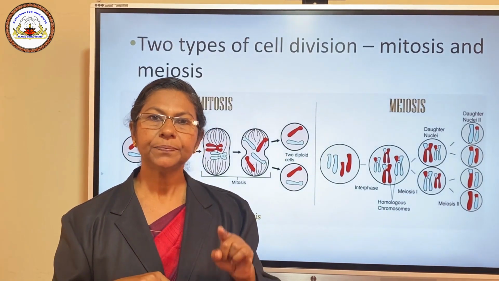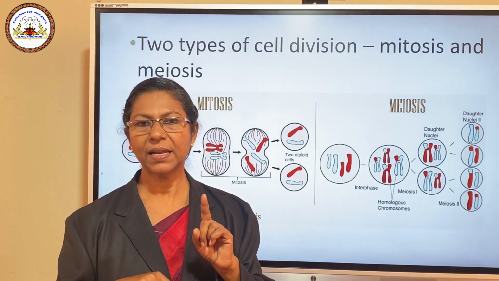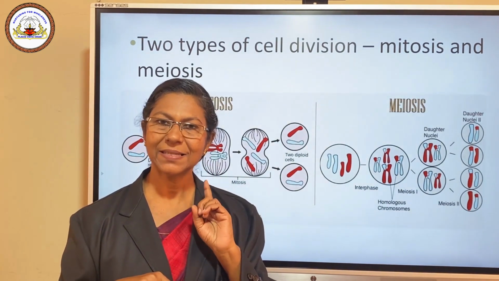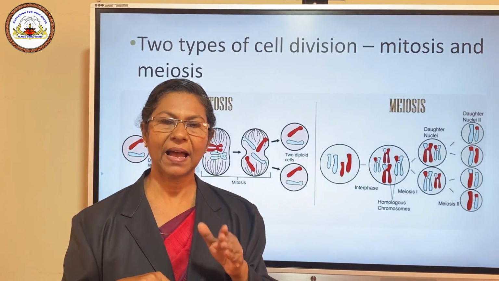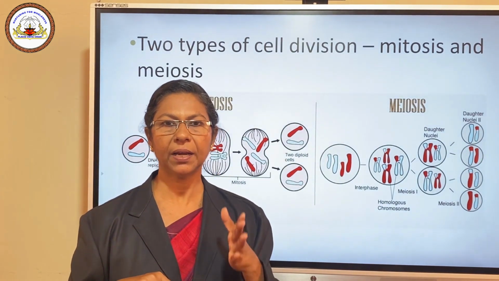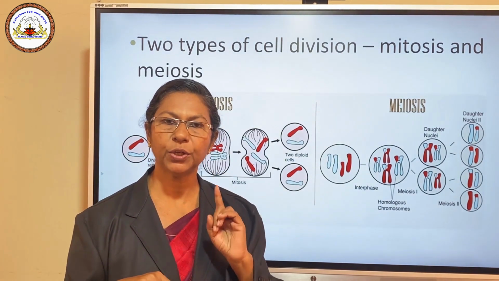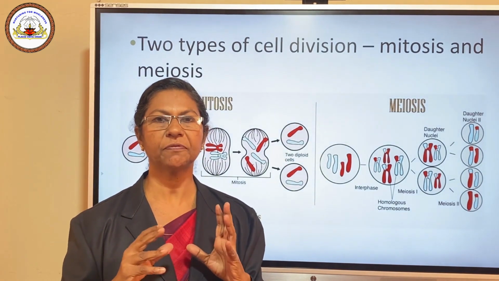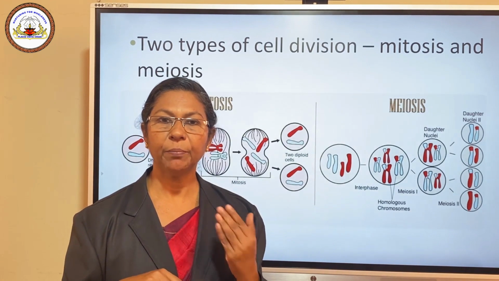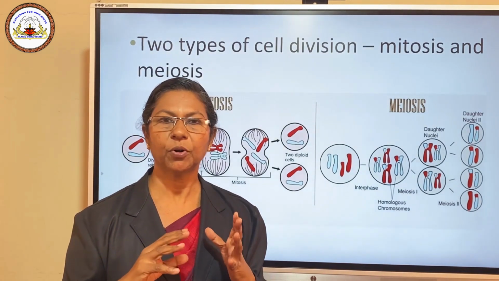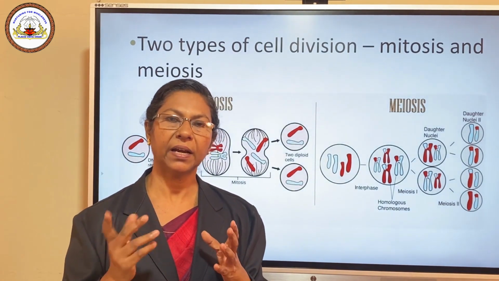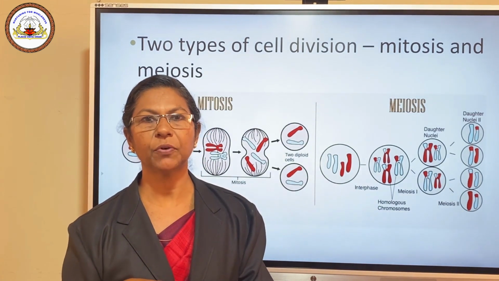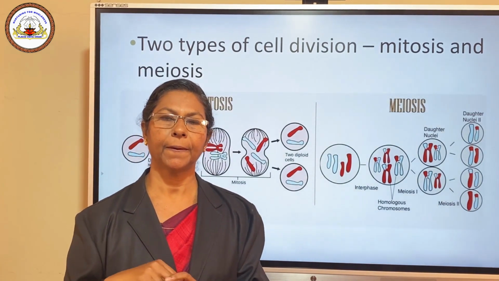So that is why in sexual reproduction, the sex cells, the gametes, contain only half the number of chromosomes. That means only 23 chromosomes are present. At the time of fusion of these gametes, the embryo is getting the correct number of chromosomes, that is 46. There is re-establishment of the correct number of chromosomes taking place.